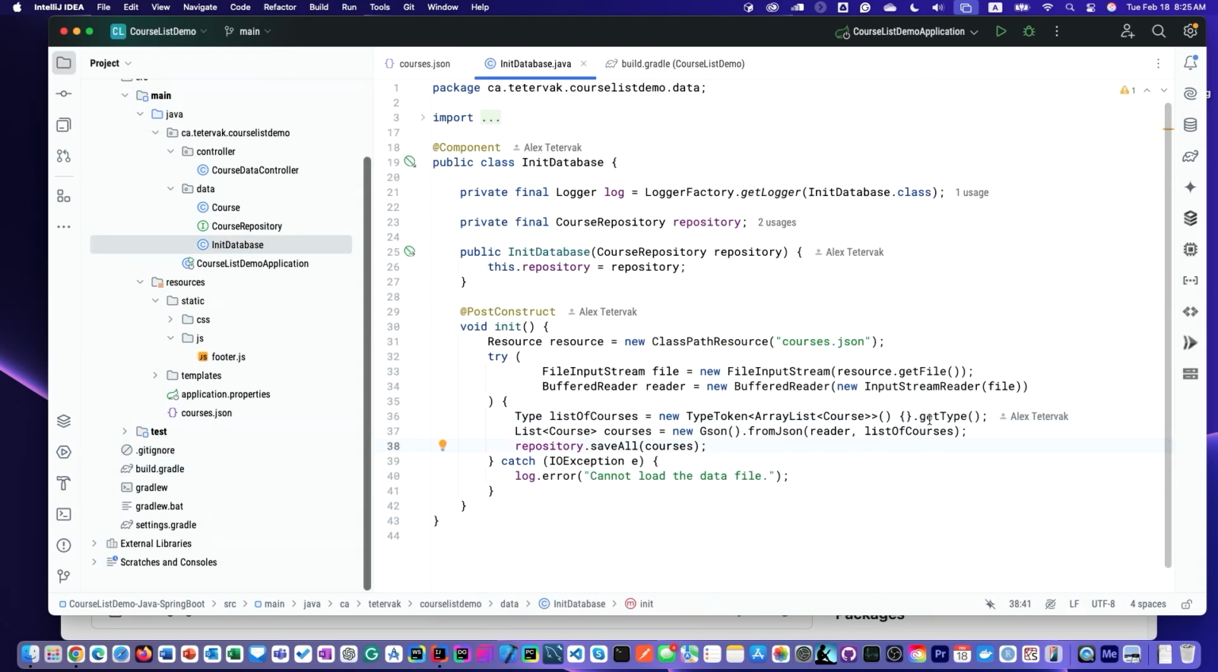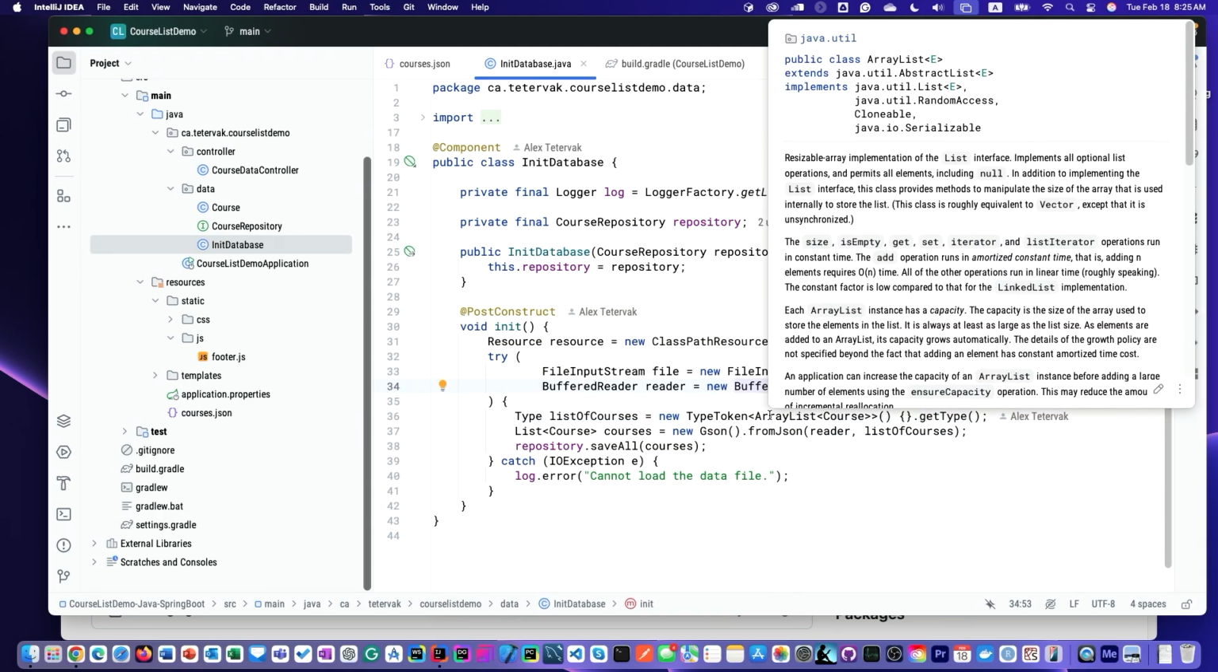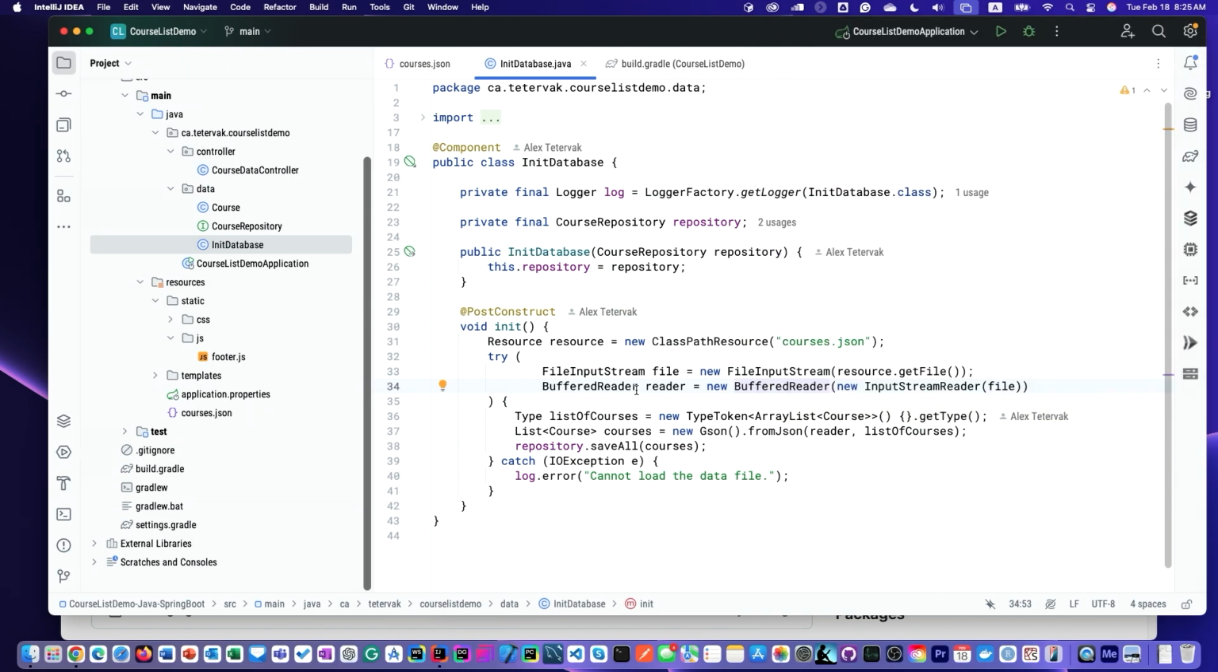So this is how it was done. I open it with File and BufferedReader. What is the difference from just Reader? File is a low-level API to make it writable and readable. And BufferedReader makes it